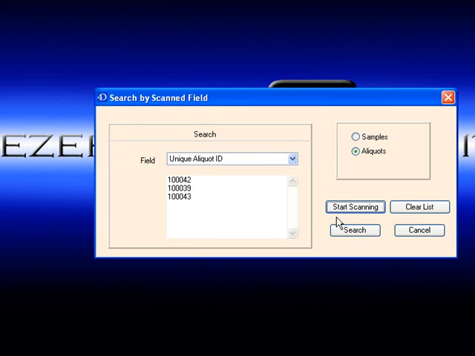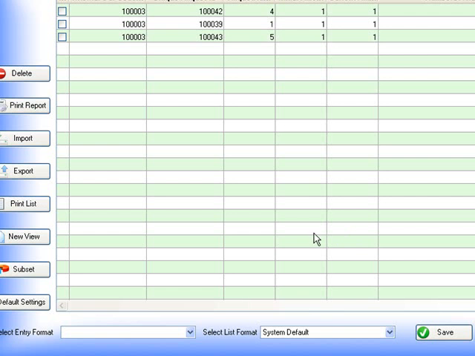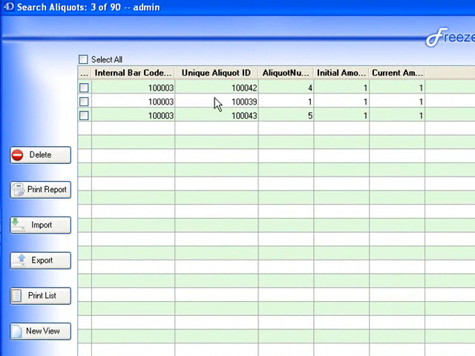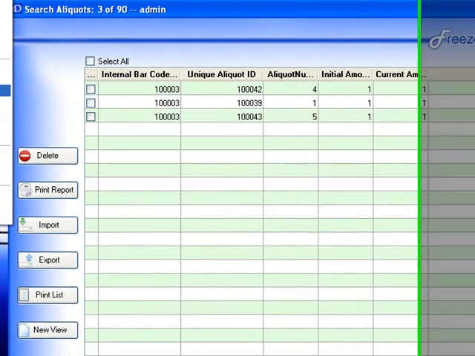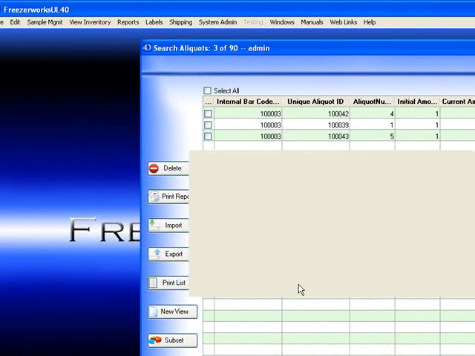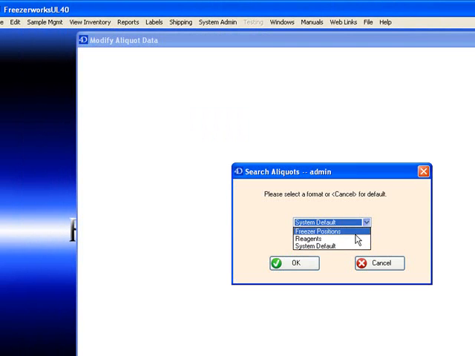And then I would do a search. You can see these, and normally when you do the search in the current version, these would get sorted in order. Now when I do the search, the order that I scan them in remains. And this works really well, because after I scan them, I can then go to sample management and update the aliquots, and I can select a freezer location,